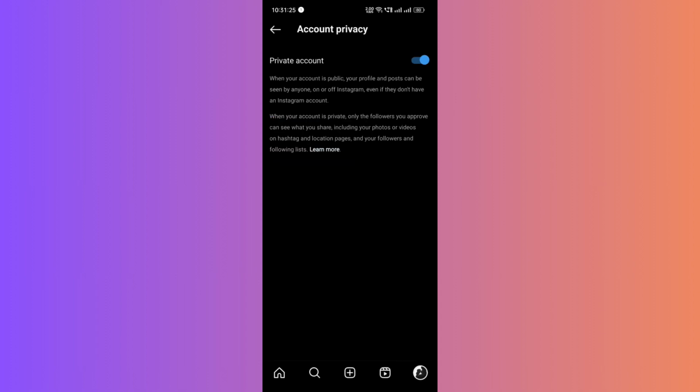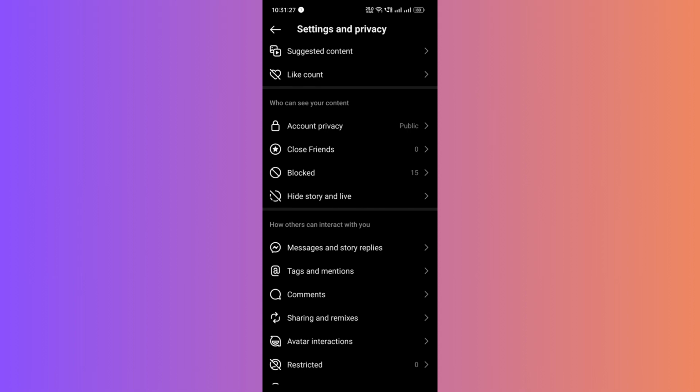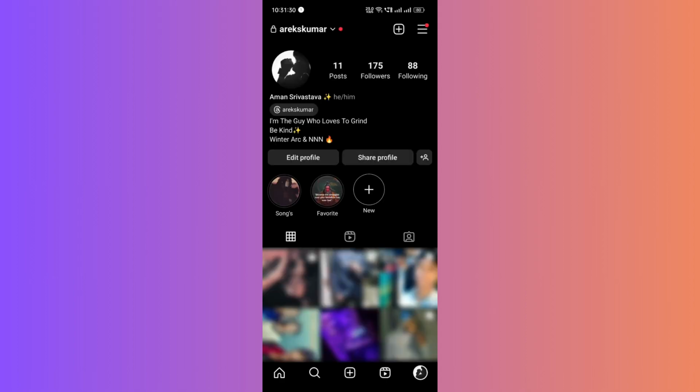By following these steps, you can effectively hide your Instagram following and followers list from the public view without making